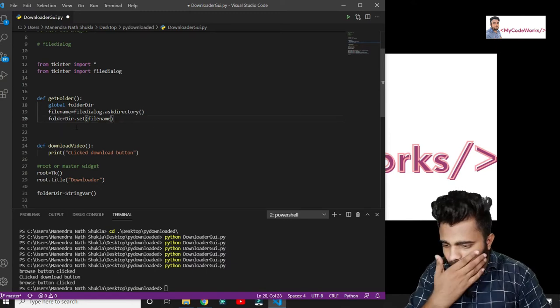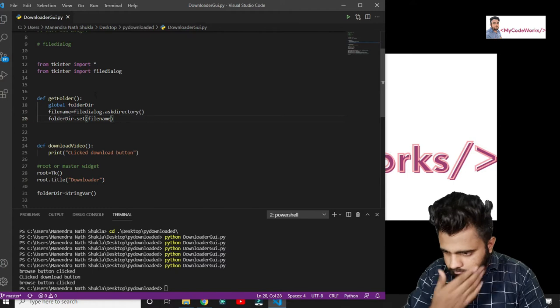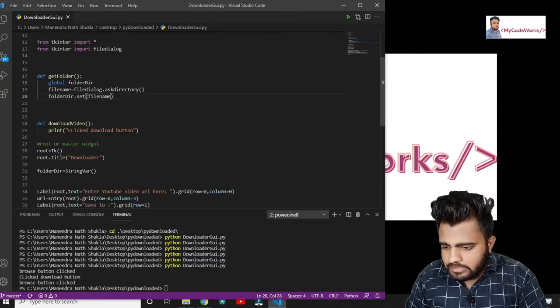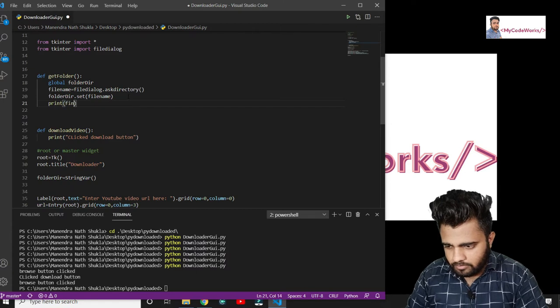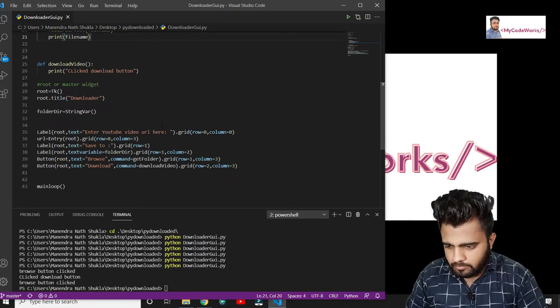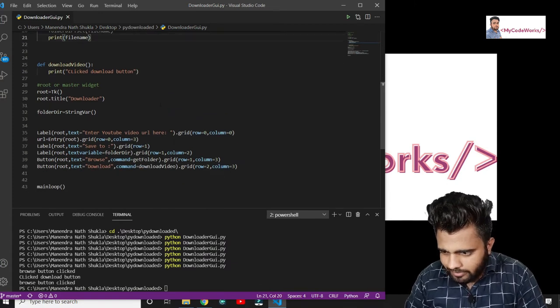Now we have set the same directory to the folder directory. In order to print that, we are just going to print the file name. Let me print it.